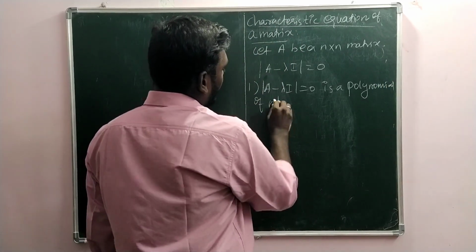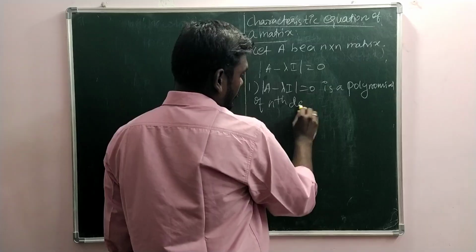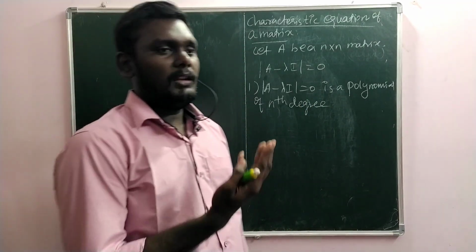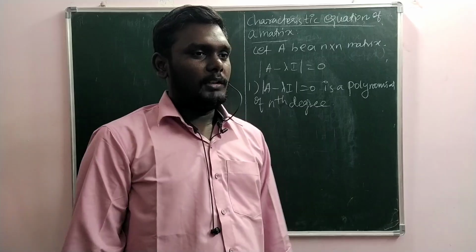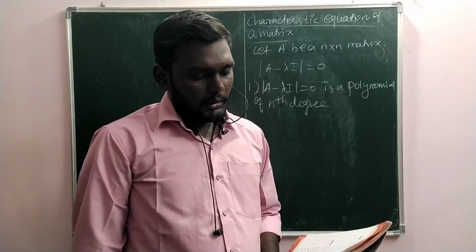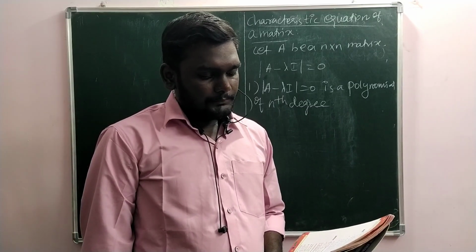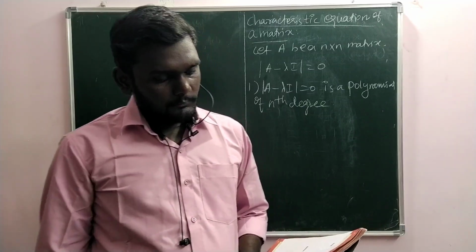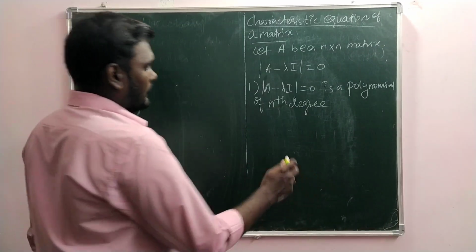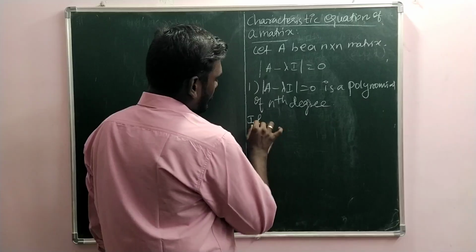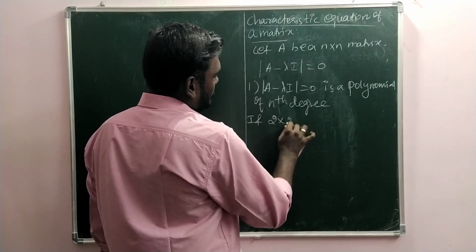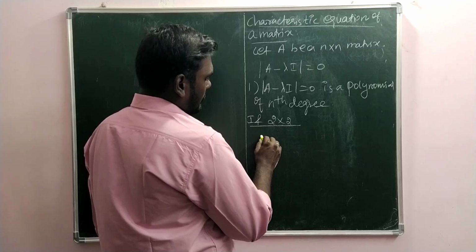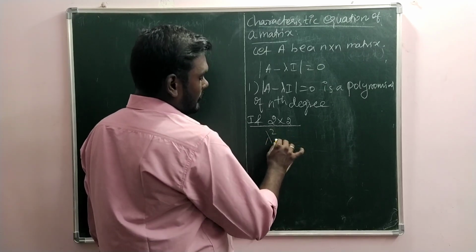Polynomial of nth degree means what? If it is of 3 by 3 order, we will be getting a cubic equation. 2 by 2 order means quadratic equation, like the general format. Okay, and then we will take some examples. Suppose the order is 2 by 2, then we will be getting the matrix, so the equation, this lambda